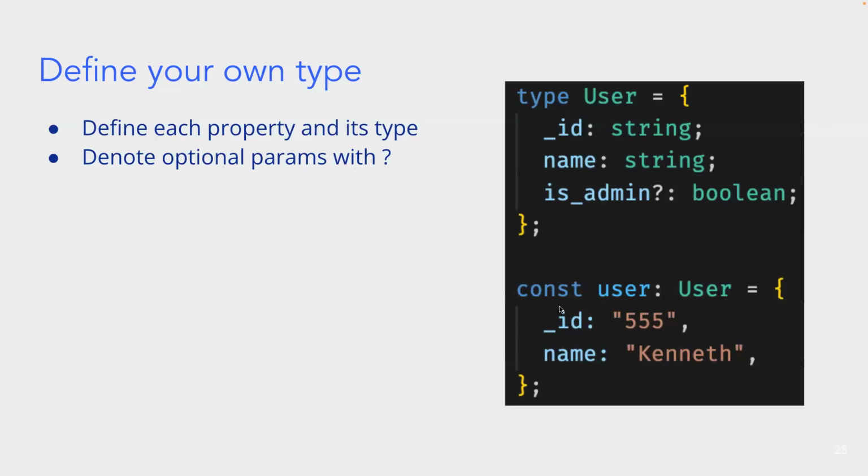And using these types is really helpful for making your code type safe, because anytime you use the user type, this enforces that you have to declare the properties ID and name here. So let's say we wanted to create an object of type user, then we have to specify the ID and name. Note, however, that we did not specify isAdmin when we created the user variable. And this is because isAdmin has a special question mark when we defined it in the type. This means that isAdmin is actually an optional property. So because isAdmin has a question mark next to it, you don't actually have to set isAdmin to anything when you create a user object.